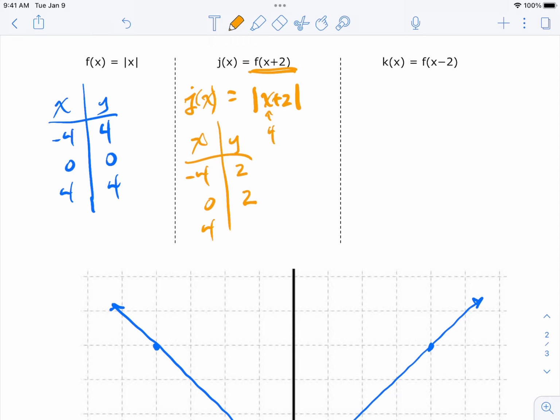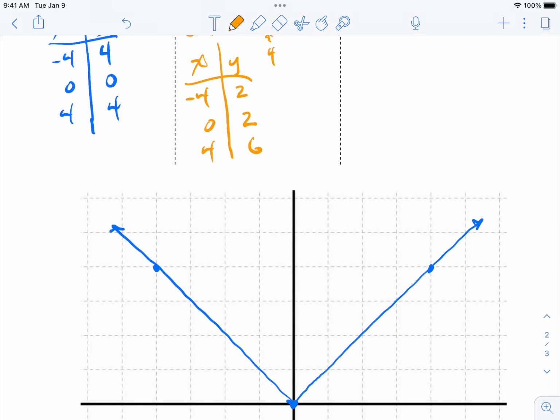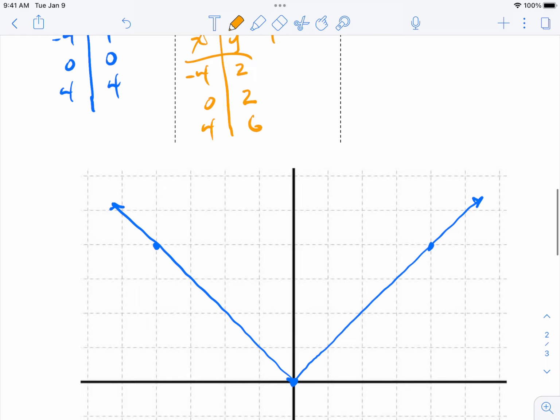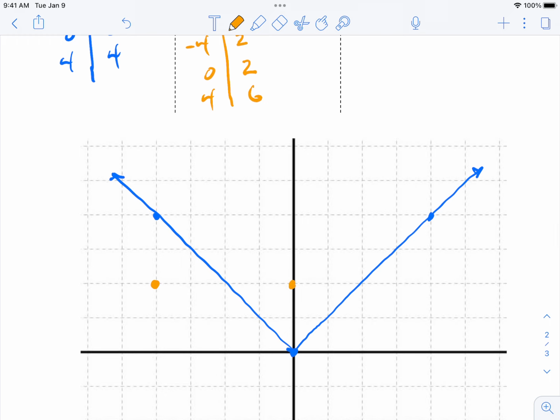Okay, well, 4 plus 2 is 6. And when you take the absolute value of 6, you get 6. So those 3 points, we might have to plug in more points to really see this. But let's at least plug those 3 points in. When x is negative 4, we're up at 2. When x is 0, we're at 2. Okay. When x is 4, we're at